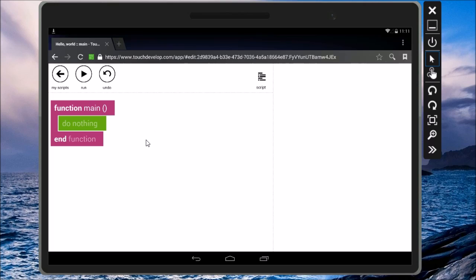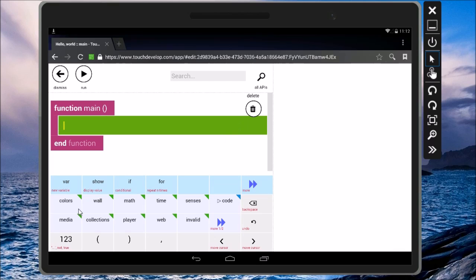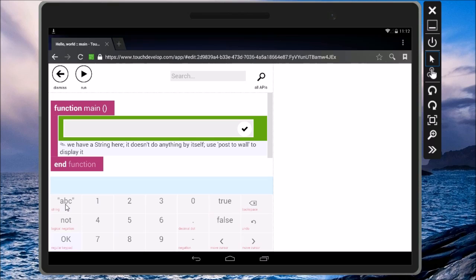Once we've done that, we come to this screen, which is the screen where we're actually going to create the script. To put the information we want in, we're going to click on the Do Nothing button here. And it brings up the buttons that allow us to select functions and options and things that we can put into this program. Today we're going to select the 1, 2, 3 button and the ABC button. And that brings up this text box. Here we're going to enter the words Hello World. And then check